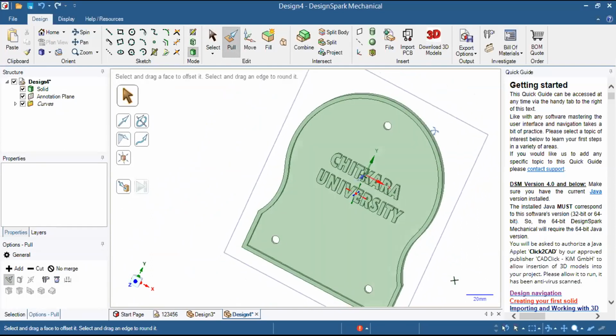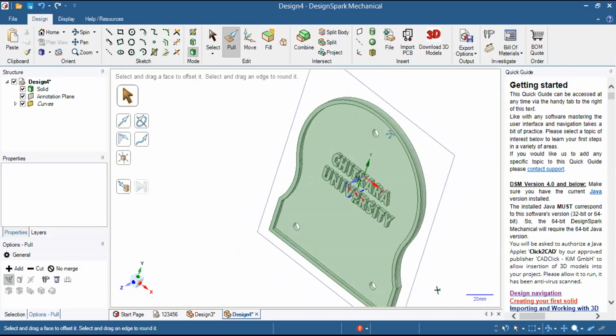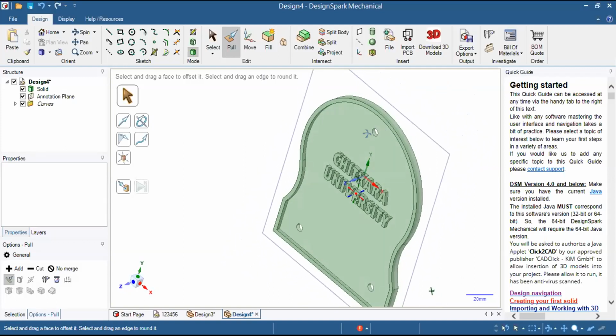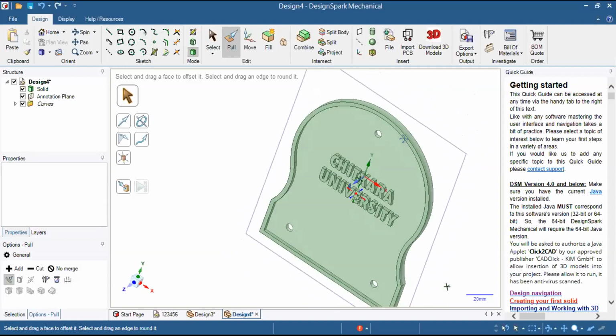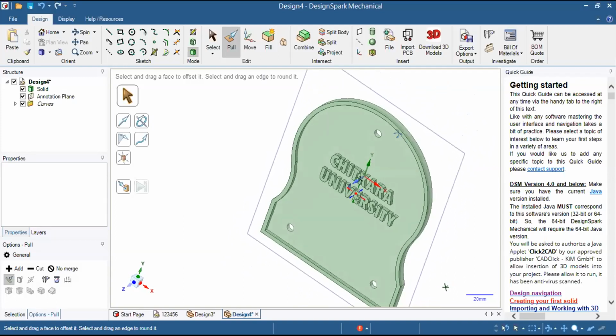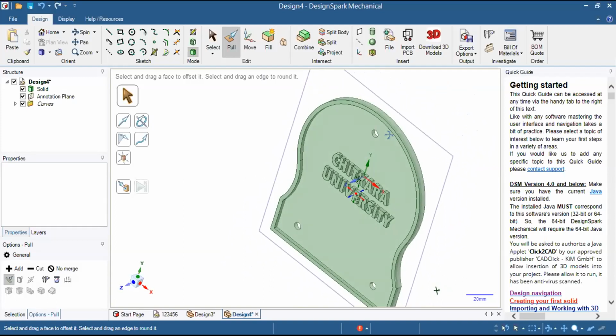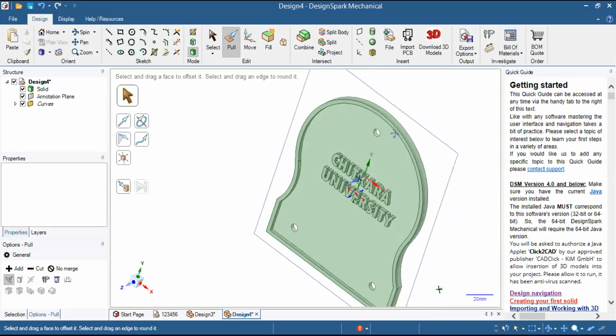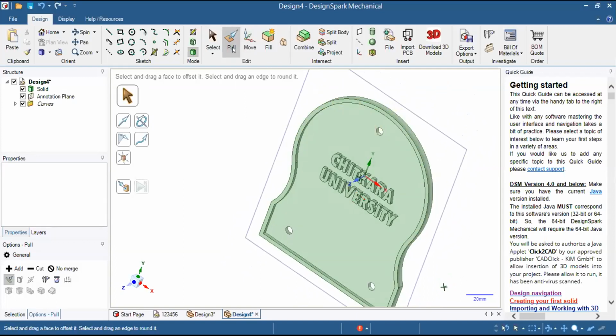So this was something which we have given you as an assignment. It was as simple as this. We just used some new commands so that you can explore as many commands as possible in a 5-day workshop. I believe you now have a very good idea about all these commands, especially the very basic command, pull, because this is the main command we use for going from 2D designing to 3D designing. So, sir, I have designed this.